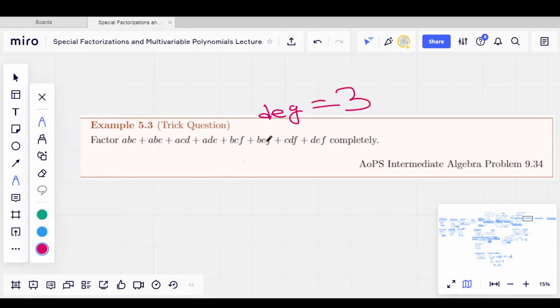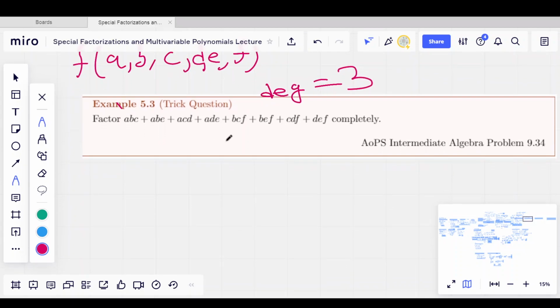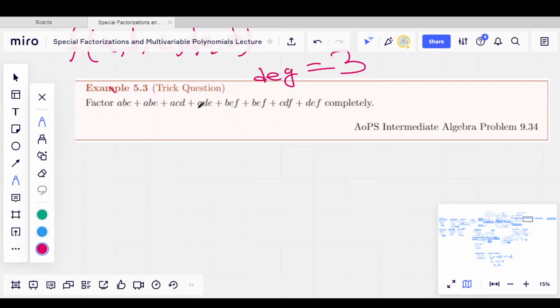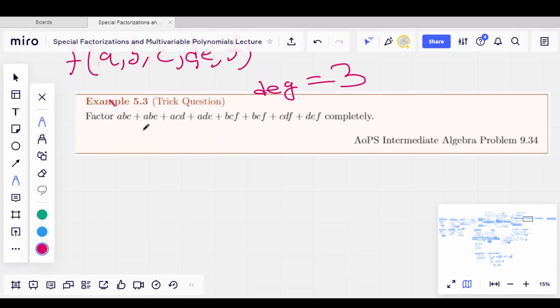And then you can try to use the multivariable factor theorem, but it'll get really, really messy. Because look, this thing is f of A, B, C, D, E, F. It's a 6 variable polynomial, and that's not how you do it. If you tried it that way, you should have thought that maybe there's an easier solution, and there is,